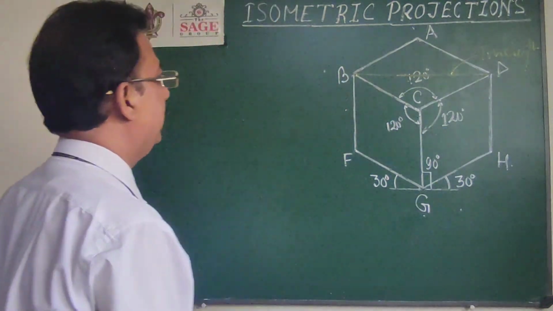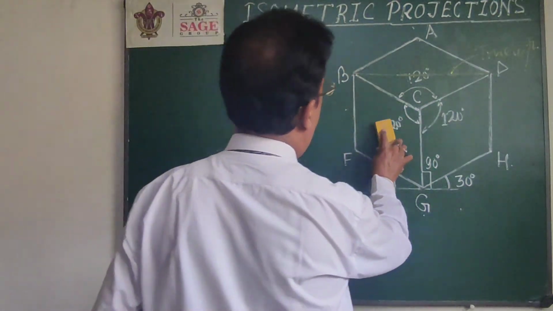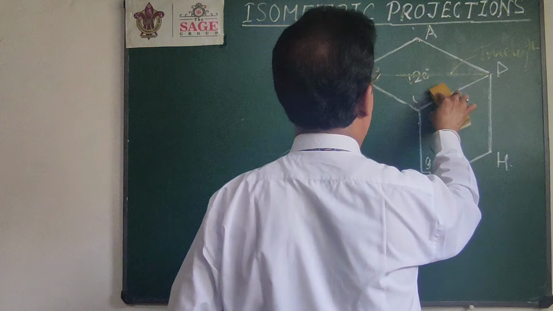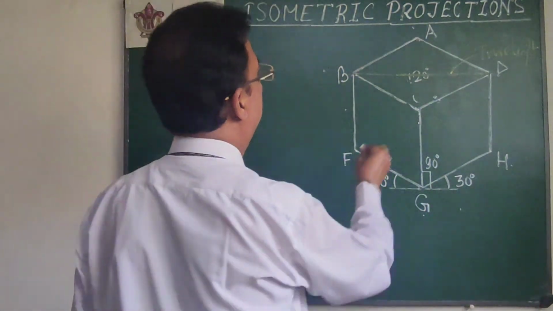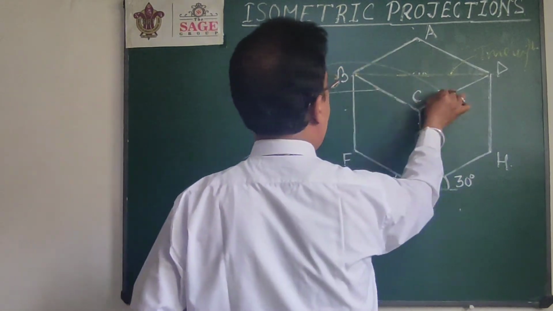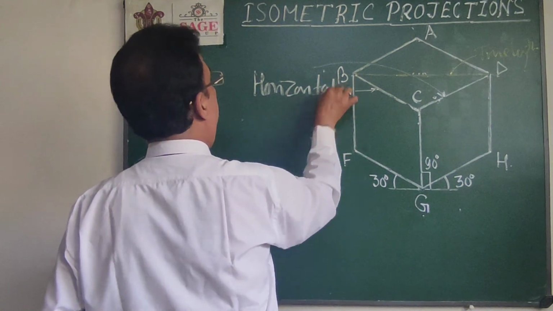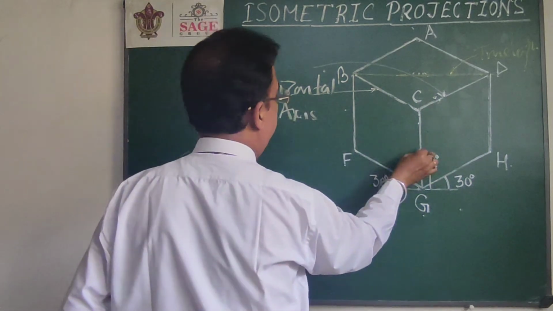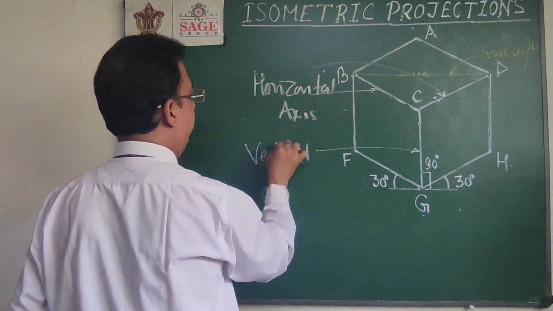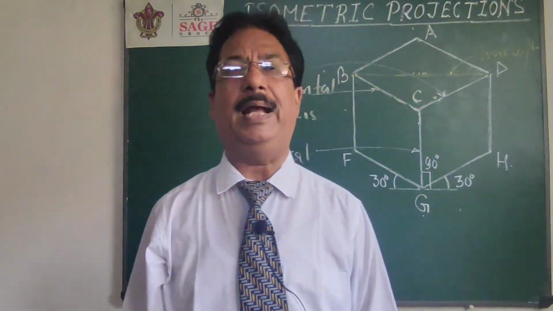So what I learned in this figure, these three axes are 120, 120, 120 apart. From these three axes, these two look like similar axes, and those are inclined 30 degrees to the horizontal. So these two axes will be known as horizontal axes, and this third one, which looks vertical, is perpendicular to HP, so that is the vertical axis. So in our isometric projection we are drawing a 3D object, but there will be no XYZ.